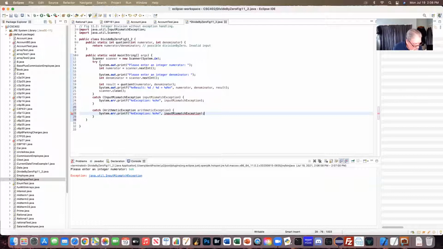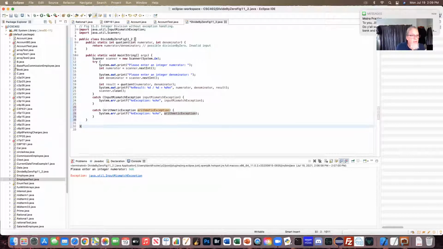This is a System.err.println exception, but this time it's going to be the ArithmeticException because that's what we're bringing in. Okay, that's going to come in from there. So that's going to end the catch, that's going to end the try, that's going to end the